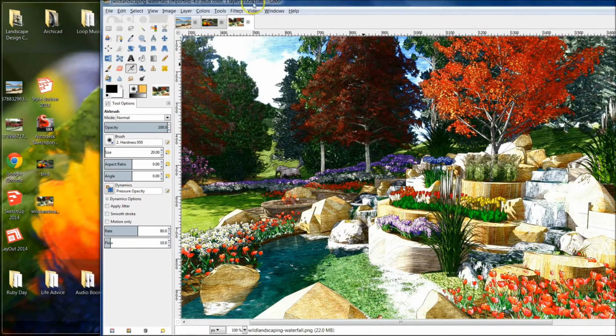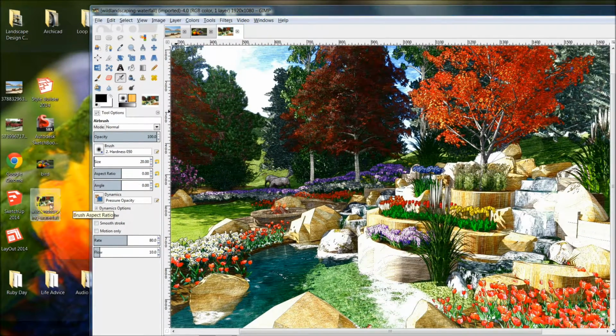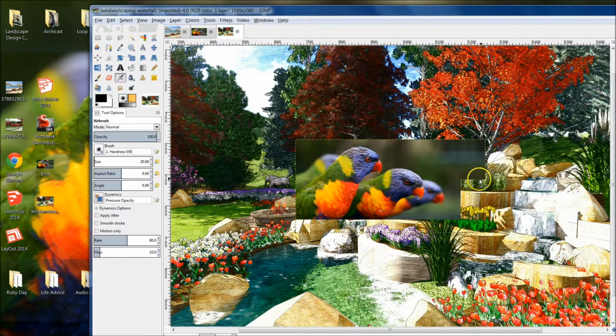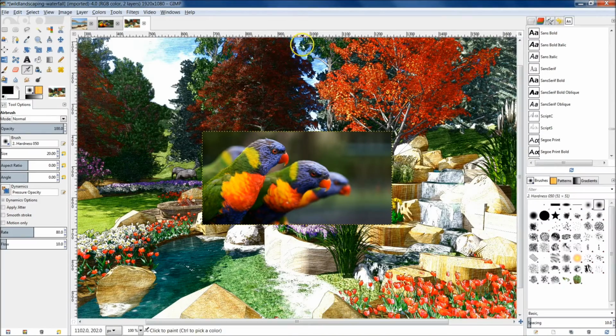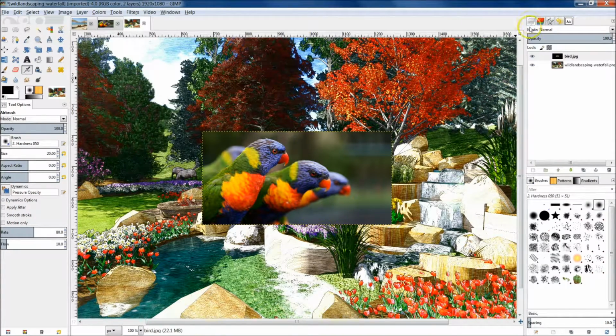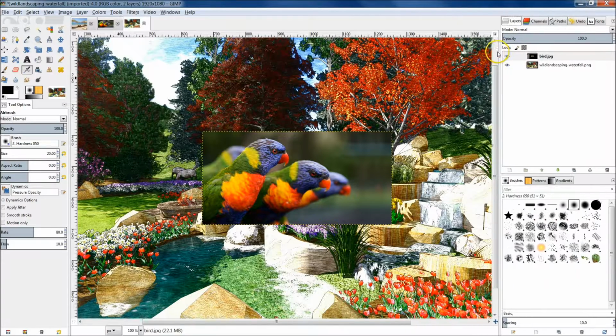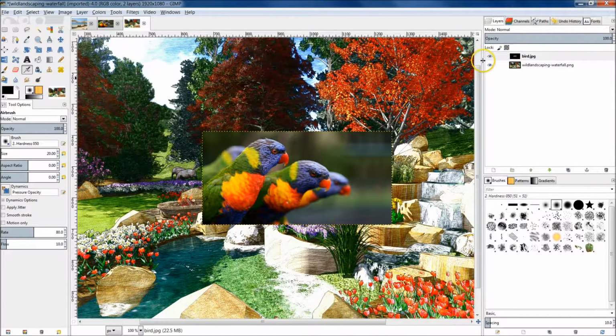If we were to take this image, if we were to take birds and drop birds right on top of this landscape design I did, then you'll see that birds was added to the top of it as a new layer. So if we come up here to the top and we click on layer right here, again, we can pull this out a little bit so we can read what those say. There we go. So layers,